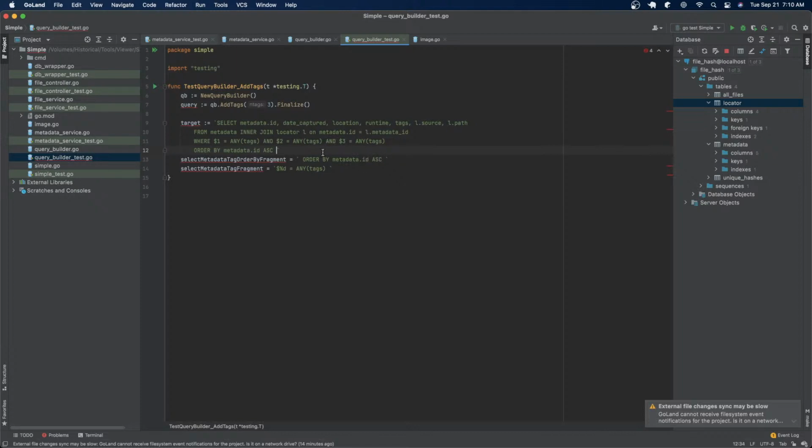And you know what? Okay, let's go with that. Okay. So if target not equals query,